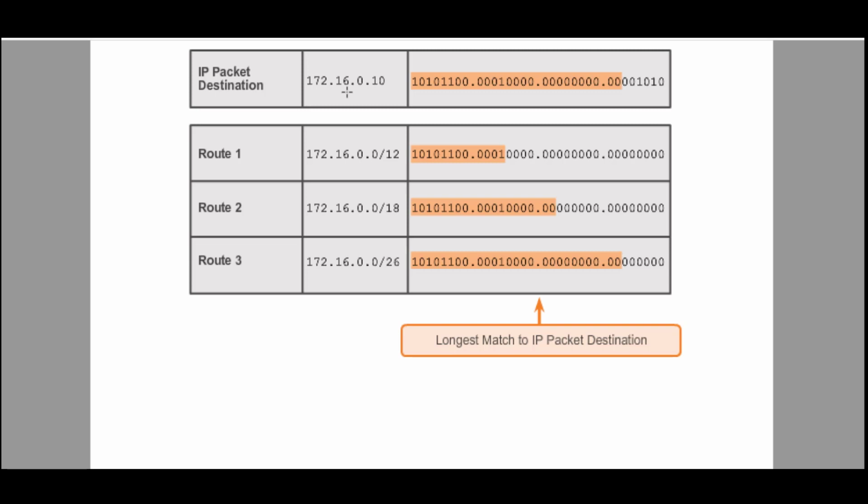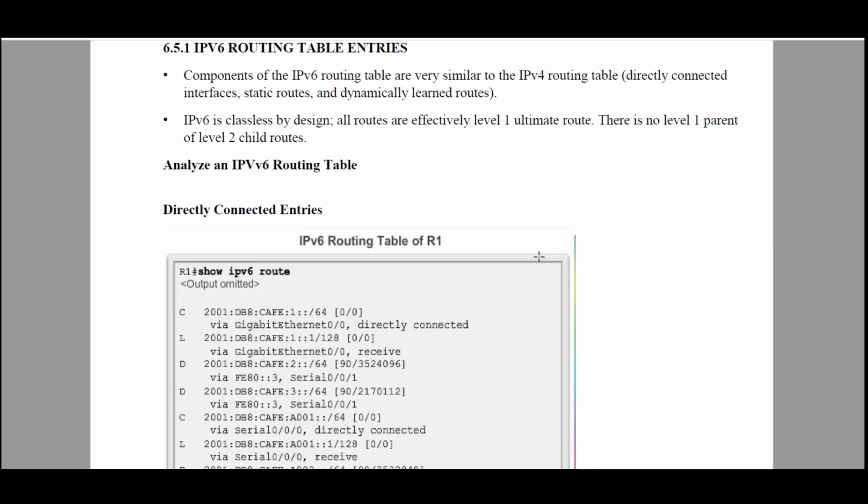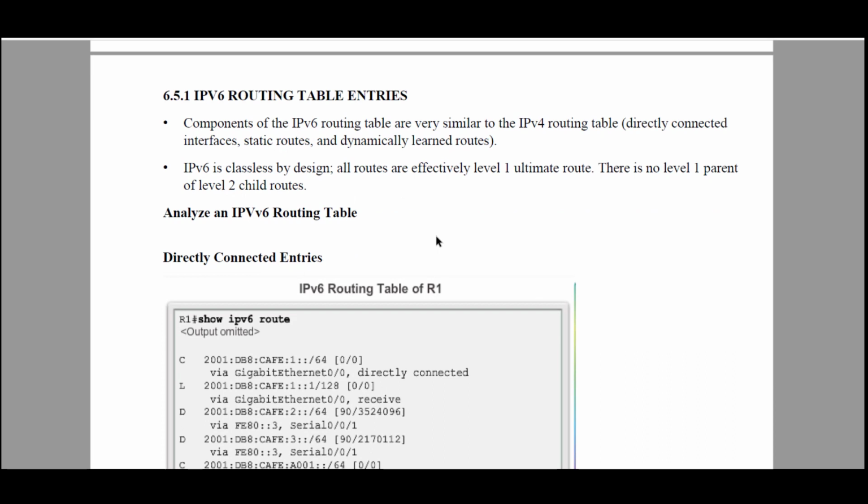The next one I'm going for is IPv6. For IPv6 we are going to do only one lab: how to configure IPv6 addresses, how to create a static route in IPv6, and how to enable RIPng, that means RIP next generation. Only that we are going to study, but anyway, we will cover the rest theoretically.